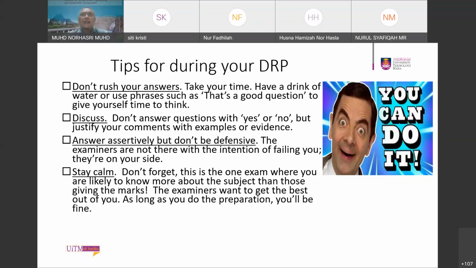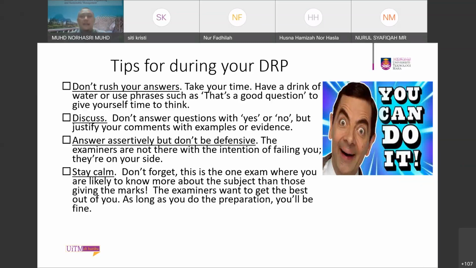Although during the DRP session, maybe some of the lab work has not been done yet, you need to somehow justify why you come out with this. What method you come up with, why you come up with this expected outcome, why you come up with these research objectives. That's why this is your work. So it takes time.